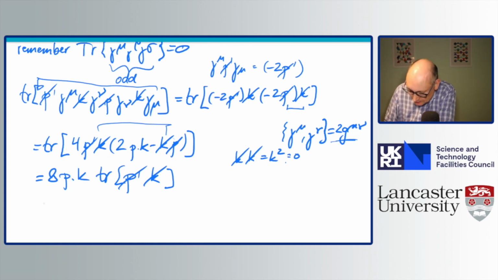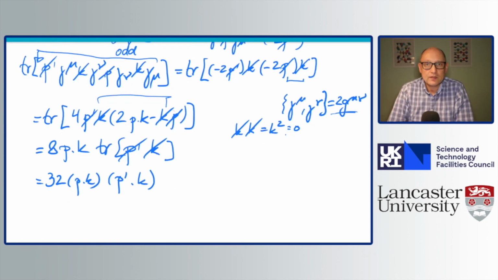Now, this then easily evaluates as 32 p dot k. The trace of p slash k slash is equal to just p prime dot k. Now, by repeated uses of such type of tricks, and Peskin and Schroeder has all the details, one can write the